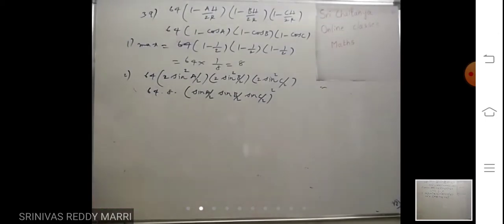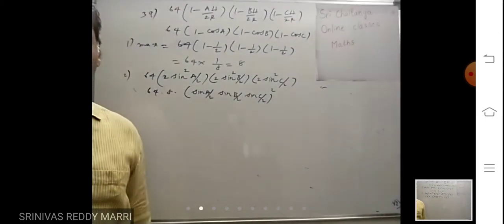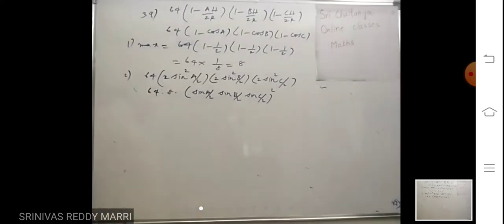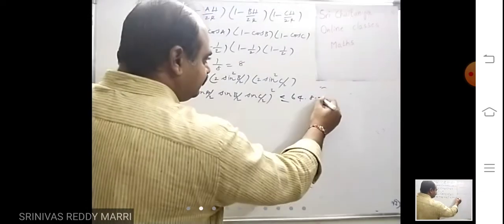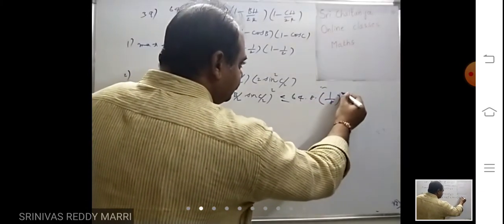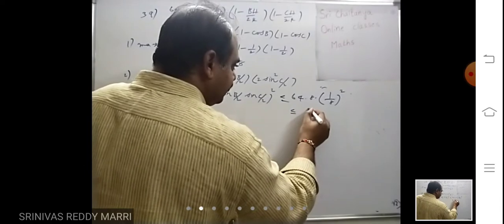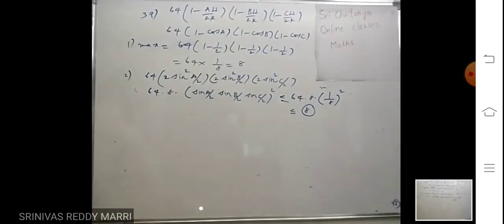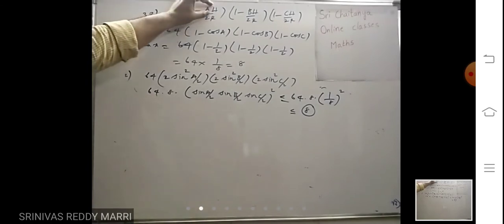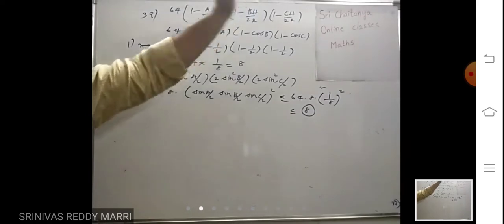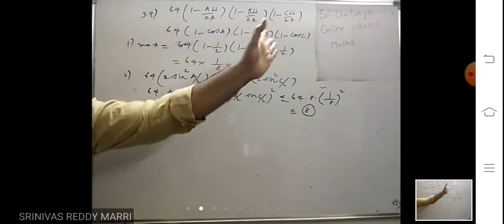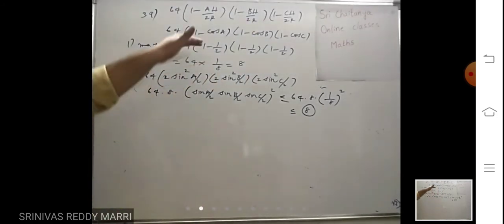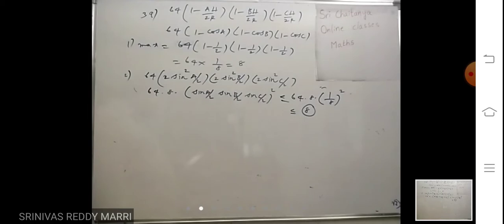I have told this inequality: sine A by 2 into sine B by 2 into sine C by 2 is less than or equal to 1 by 8 in any triangle. So 64 into 8 into (1 by 8) whole square, that means less than or equal to 8. Answer 8. This is simple. You have to score in these types of problems because of the direct formula for AH. You got it in the equilateral triangle A equal to B equal to 60, which will be the maximum value. Just formula substitution and then the inequality. Directly the maximum. So this is an easy question.